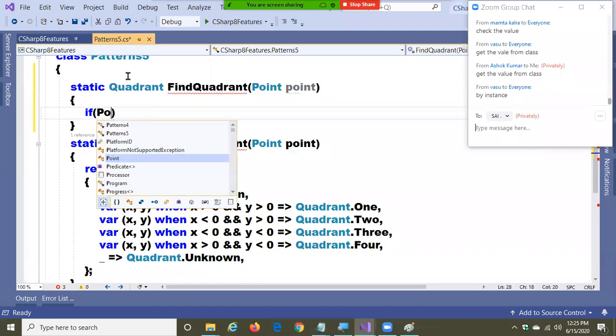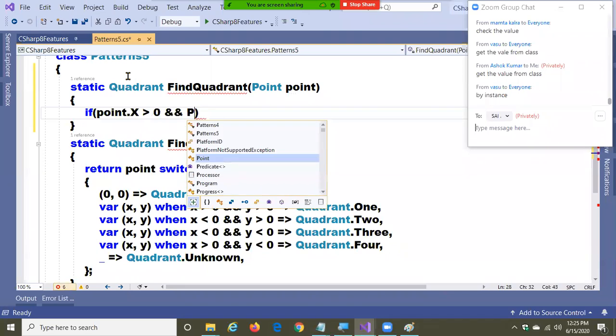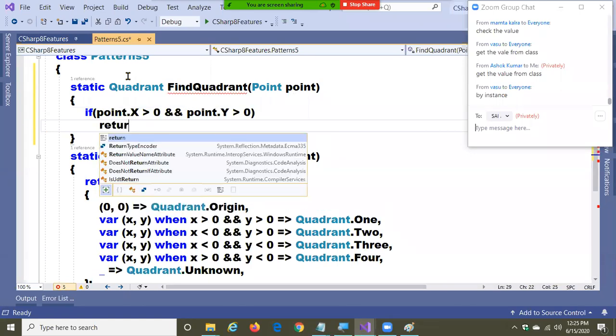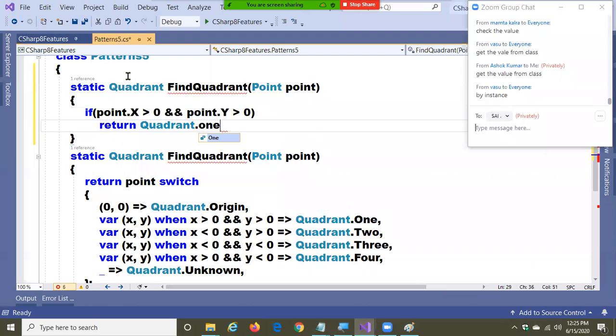If point.x is greater than 0, and point.y is greater than 0, return Quadrant.1.